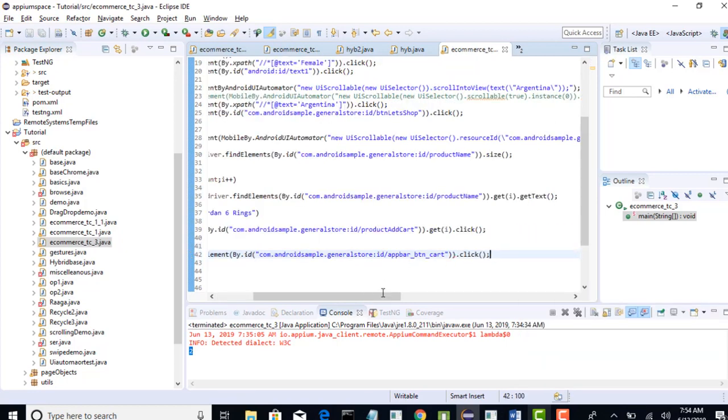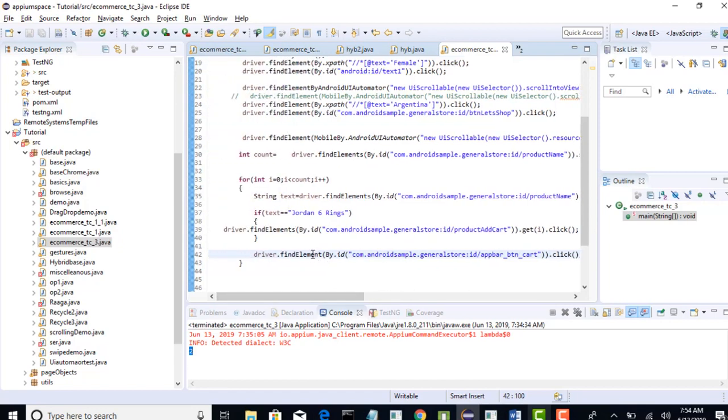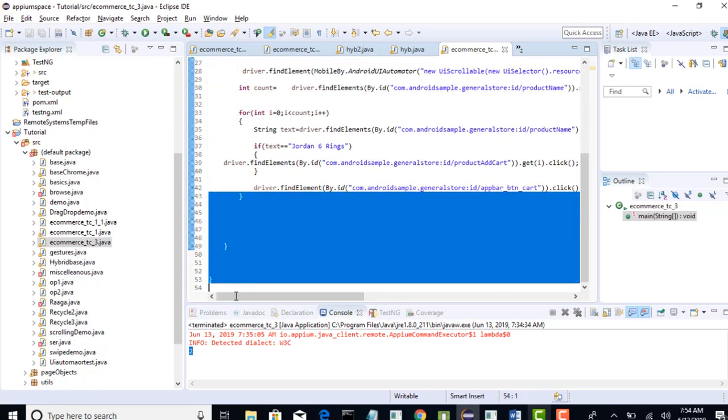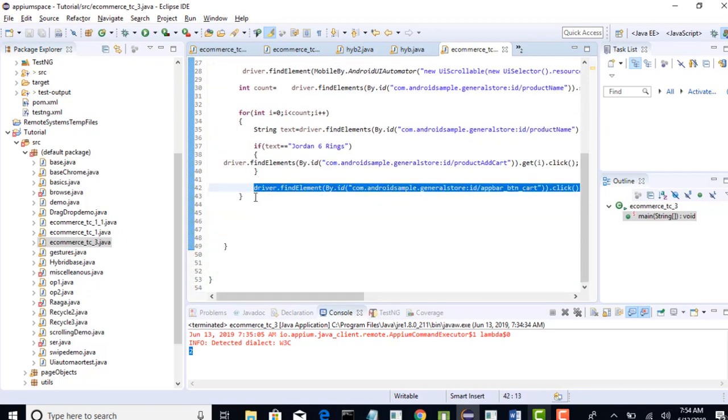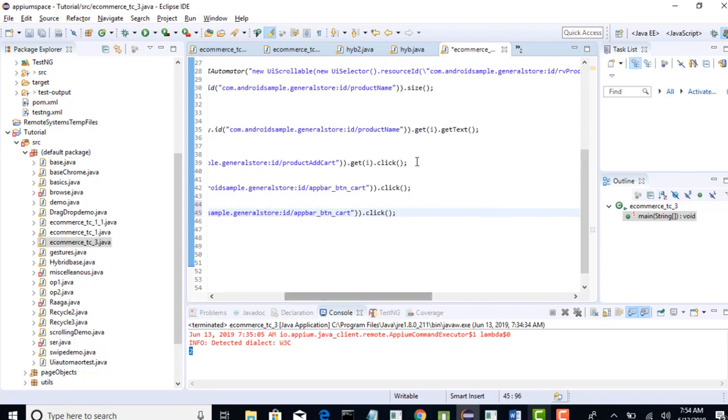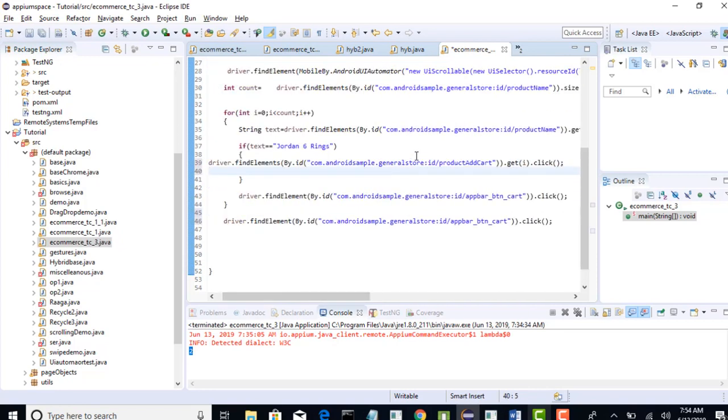Once you found this, you can just click on that. Okay, this should not be here. This should be outside of our block. Once you come out of our block, nice. And here, after you found and clicked on that add to cart, let's say it found on the 0th